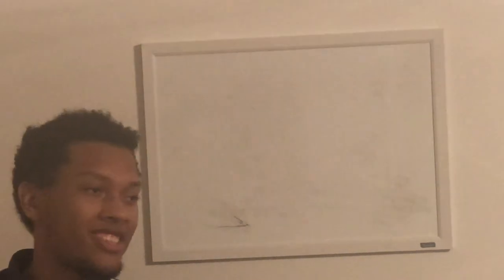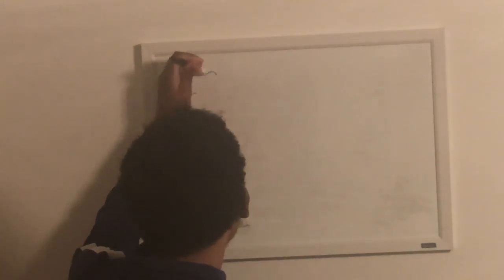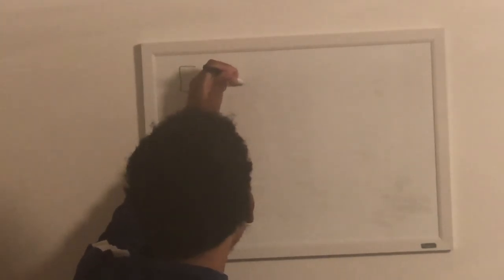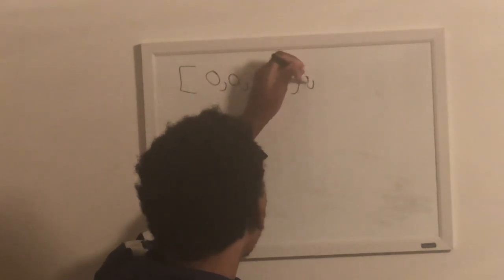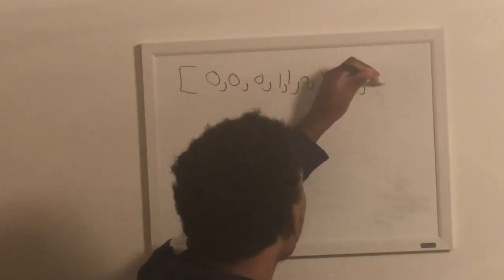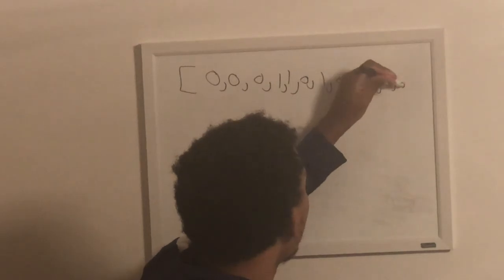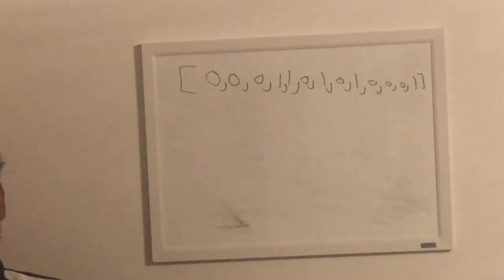0101 list question, algorithm, whatever you want to call it. So let's just say we have a random assortment of lists here. Let's say 0, 0, 1, 0, 0, 0, 0, 1. Okay, so we have a random assortment here, and